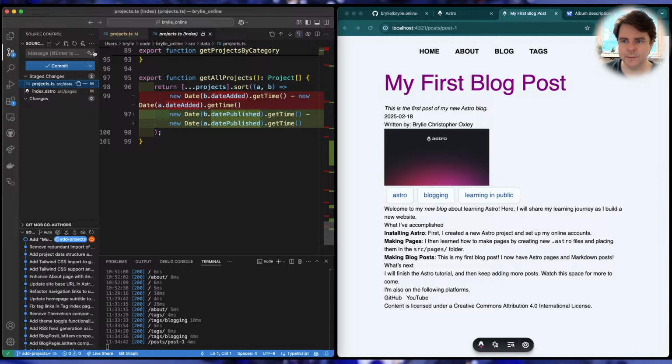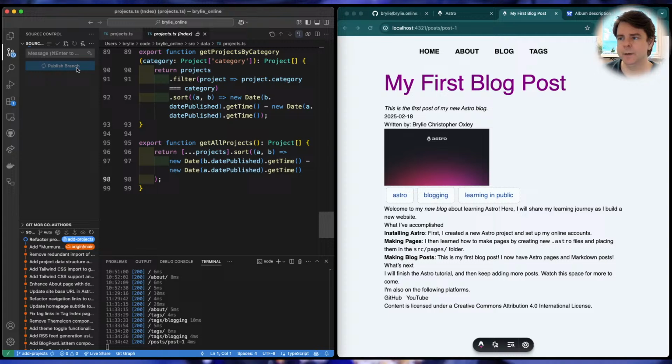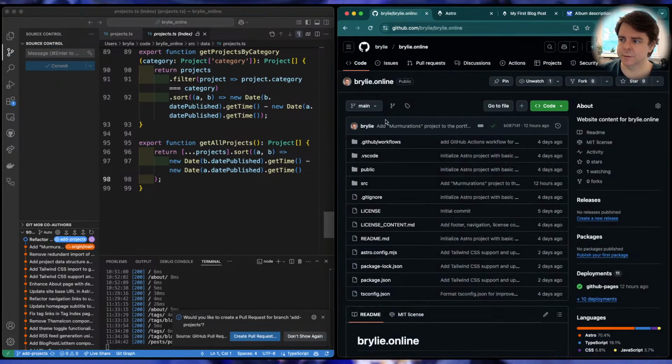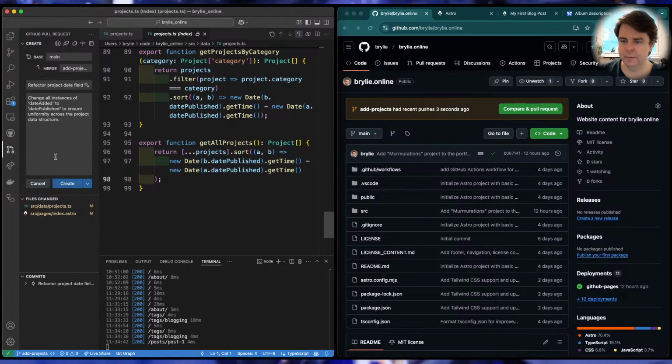And that's about it. So let's ask generative AI, hey, please describe this. Okay, refactored the date out of the date published for consistency. That's good enough. Boink, and publish the branch. And what we do is just normally create a pull request, and create the pull request. Here it is